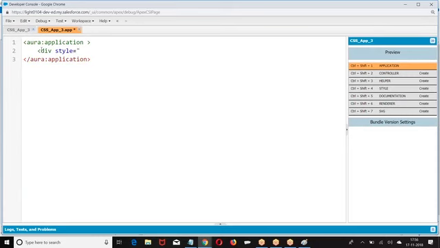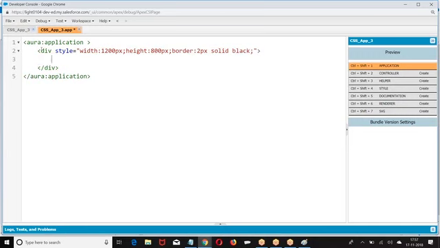Style. This is the first element. I am creating a second element.